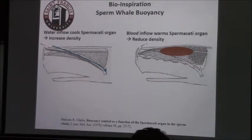And people have been speculating why they had that oil. Part of it, I think, is the sensing, right? The way that it conveys the acoustic signals back. But they found something interesting. And what they found was that as blood flowed into that organ and warmed it up, the density of that